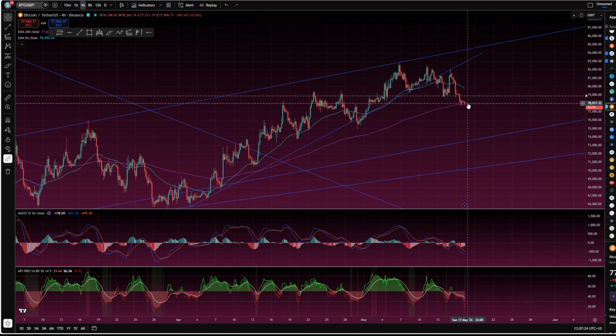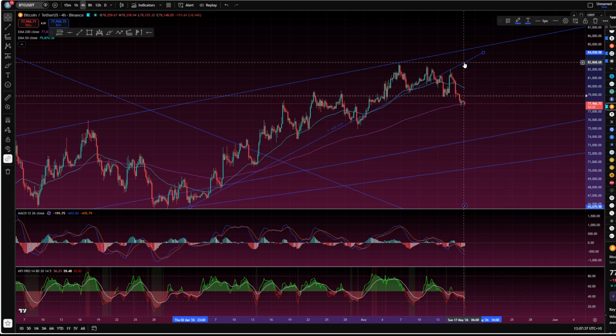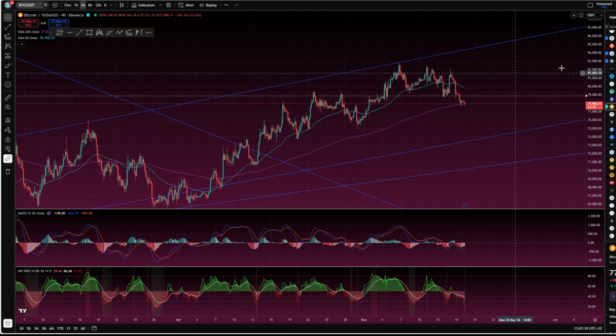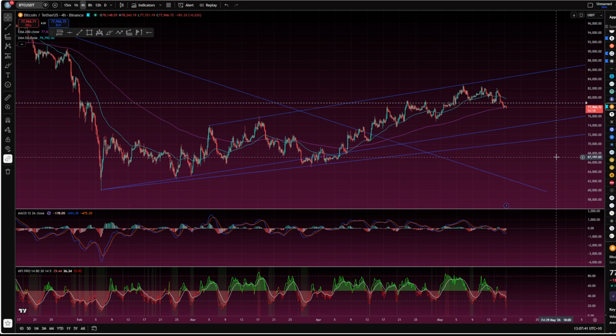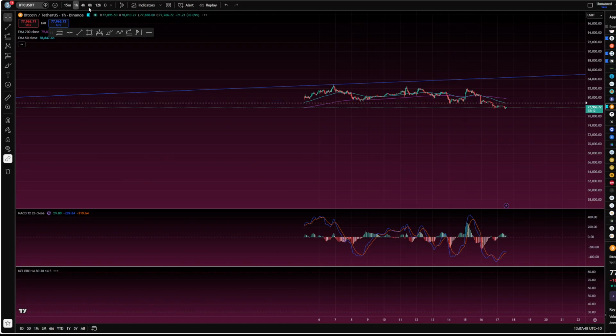It's only going to make a difference if it does come back up to retest it, and sort of what we're looking at here, it's going to hit this upper trend line, which is probably a bit more valid anyway. So I might remove that just so we can keep it a bit cleaner in case when we move to the lower time frames we get more structure. So going down to the 1 hour,